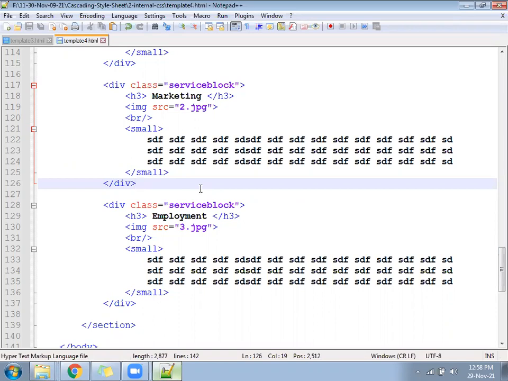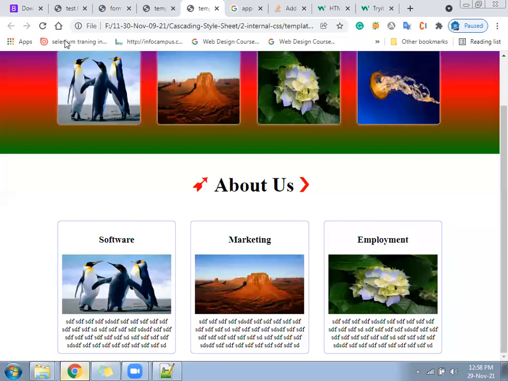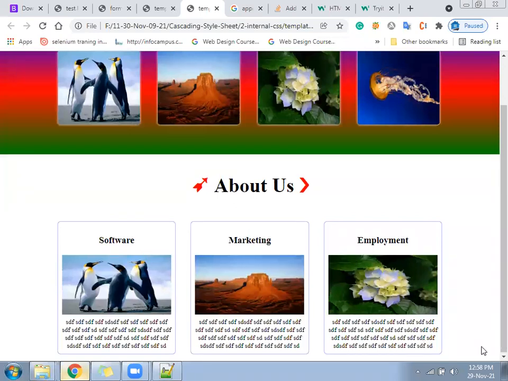Once you move the mouse on the service block, we have a class called service block, then H3 should convert into red color. See here, hover will be okay. When the mouse touches this block, what should happen?